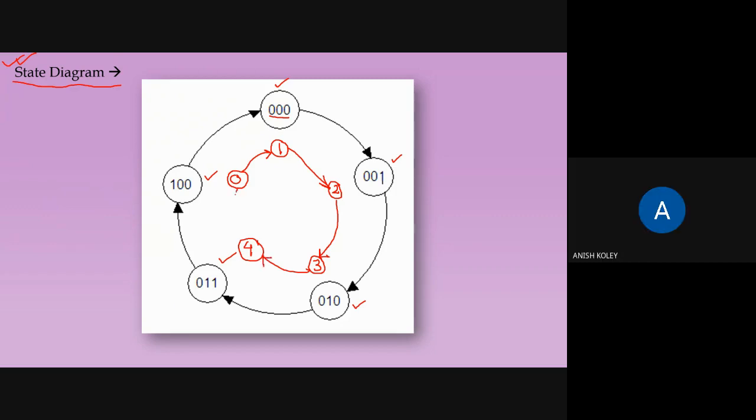Yes, sir. So this is my state diagram. This one is the number 1 state diagram, and this is the second state diagram. Both will give you the full marks. Whatever you find suitable, you can use that one. My personal suggestion is to always draw the state diagram in this way, the 2-way, because for the 4-bit binary number, you need to write all this and it will unnecessarily kill your time.